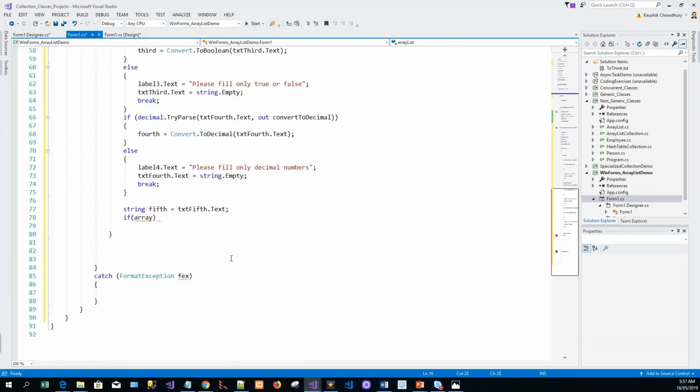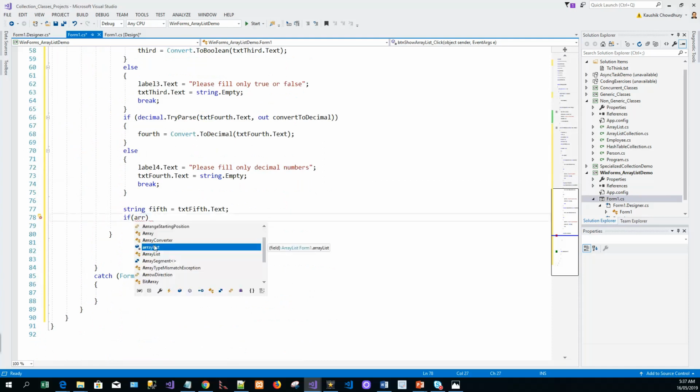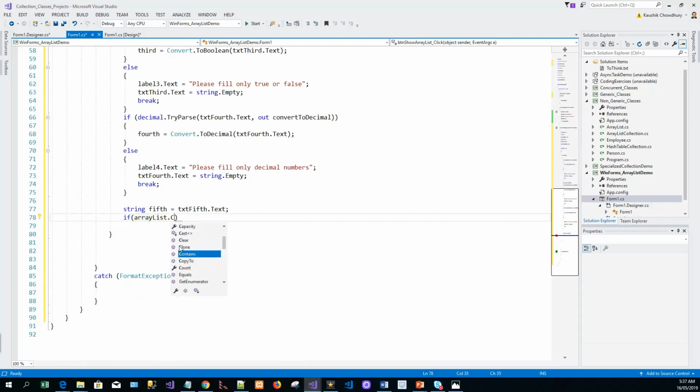So come here, so if array list, this object. Okay, now here, if you recall from my earlier lecture on array list, the count property, if array list dot count less than equals 5,